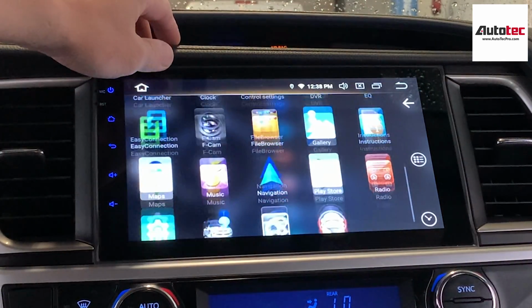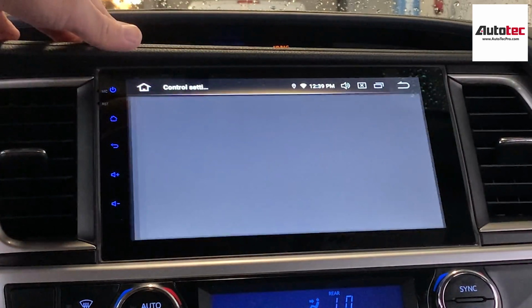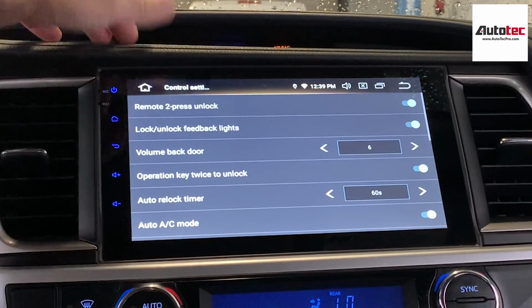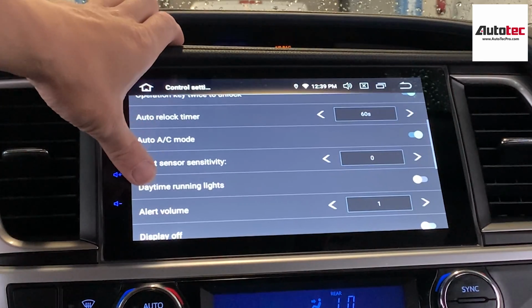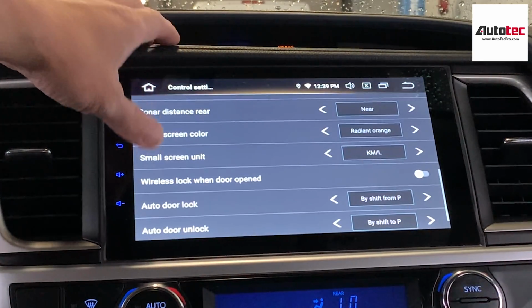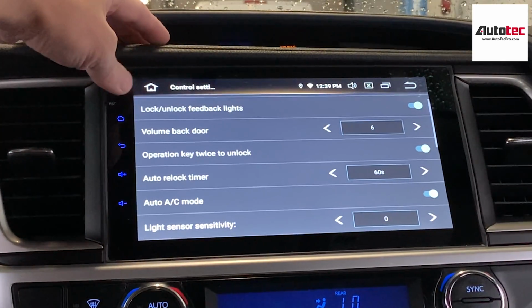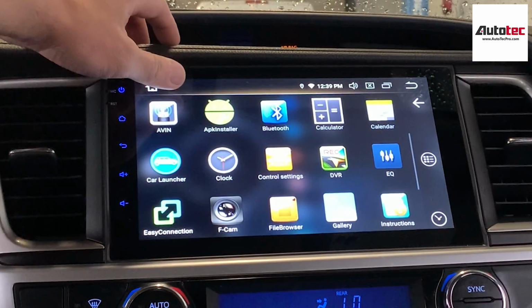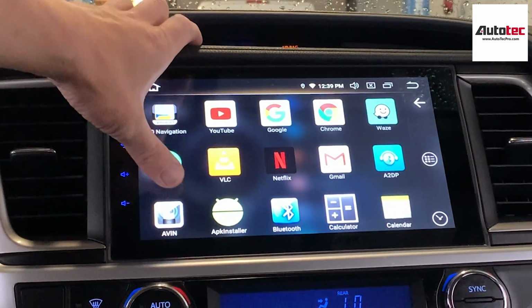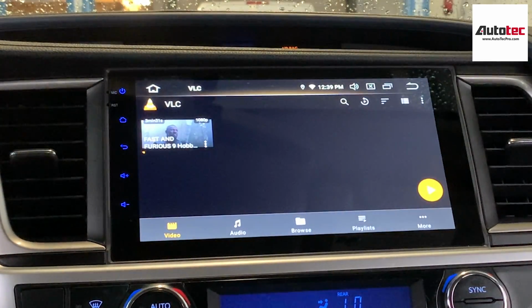Alright, and then you can also go to the control setting right here. It also supports all the original features, you know. If your car doesn't have this feature, you might not be able to use it, but it's very nice. Okay, and this one also supports movies from USB, and then you can play that on the system as well. For example,